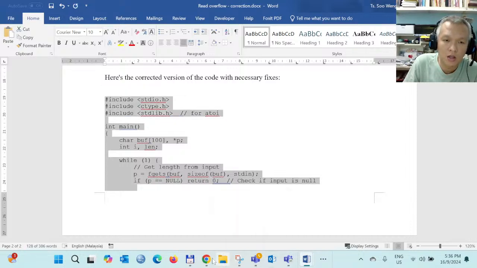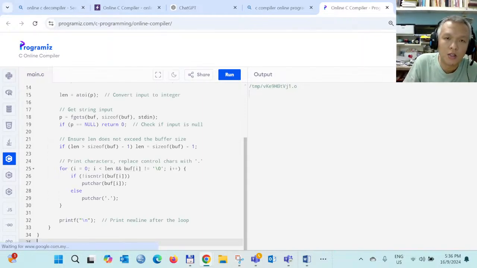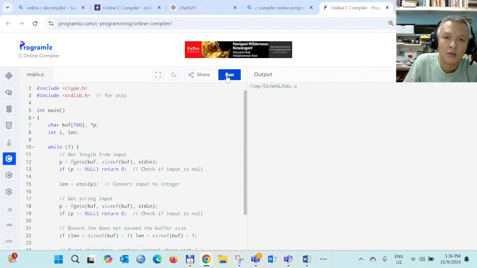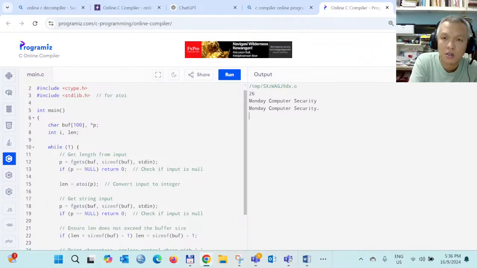Let me give it a try again now. So you just remove it. Let's give a try. So earlier it was 26, right? So Monday computer, let me see, security samples. If you calculate here, it should be 25, then with one dot, 26. So now if you type 8, you can see